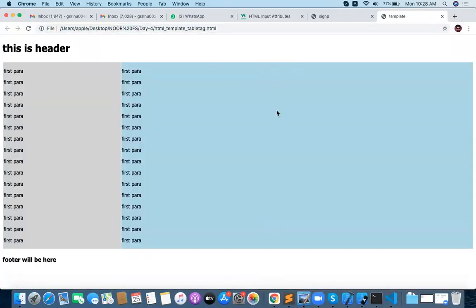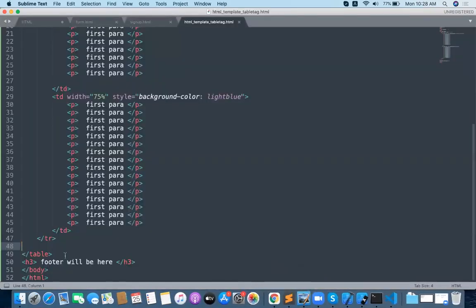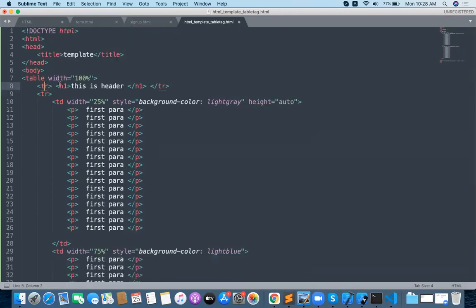Now the footer is properly done, and the footer has style: background color black, color white. And the header, where is the header? This is the header, right? And style: background color will be gray, color will be white.